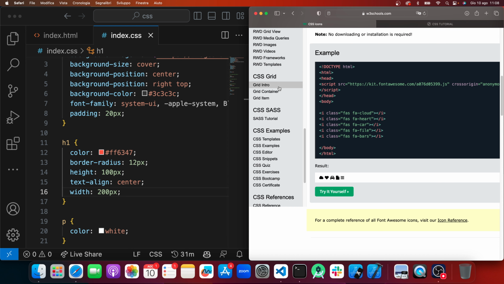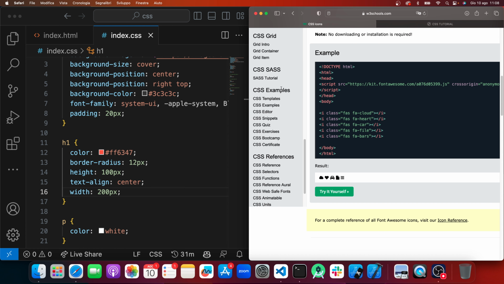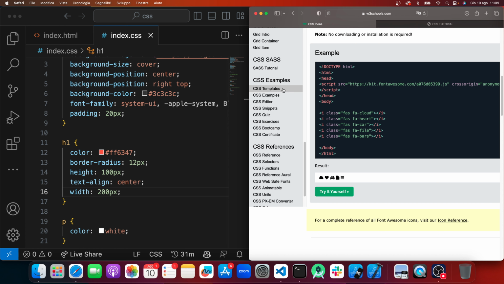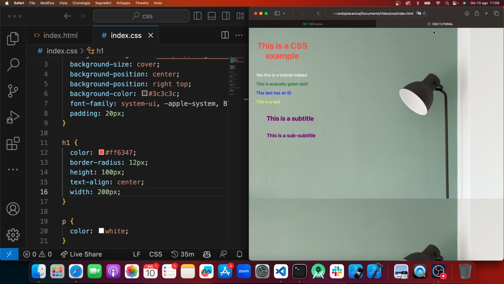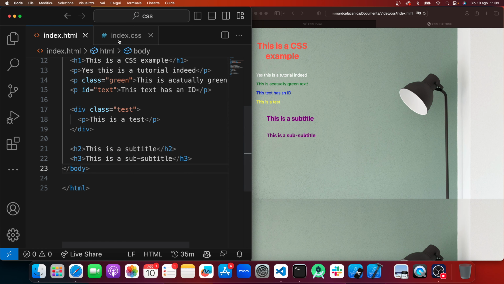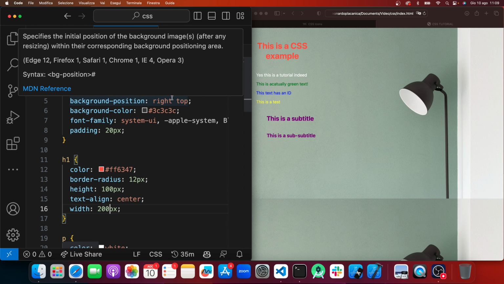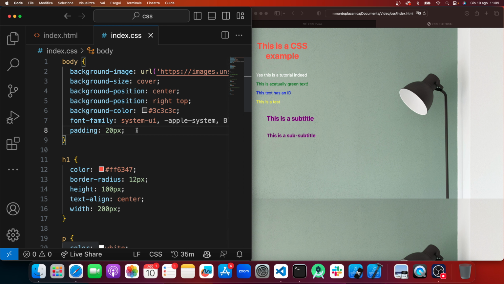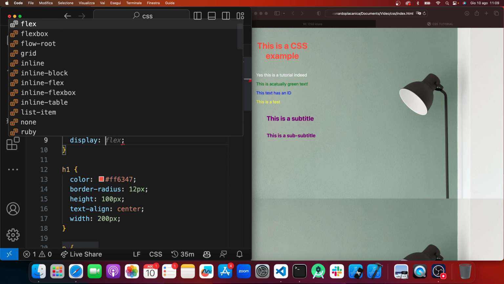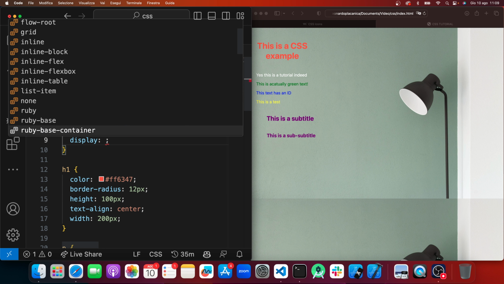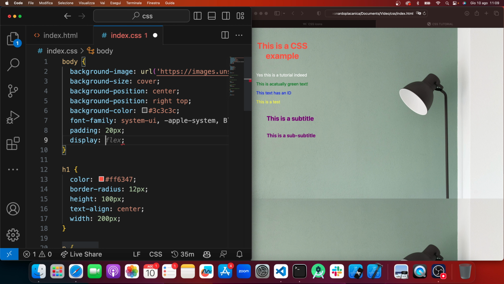But yeah, I just wanted to show you a little bit of the current standard, just to move one step down the complexity road. I would like to show you a little bit of the layout that I think is the most used in the market. It is used a lot with React and new frameworks, and it's called display flex. Basically, of course, we can see there are a lot of display layouts. We have grid, we have flexbox, we have a lot of different things. These are very advanced, but